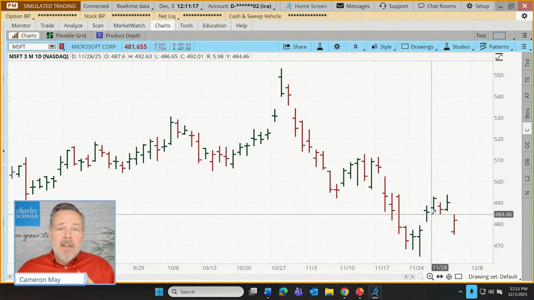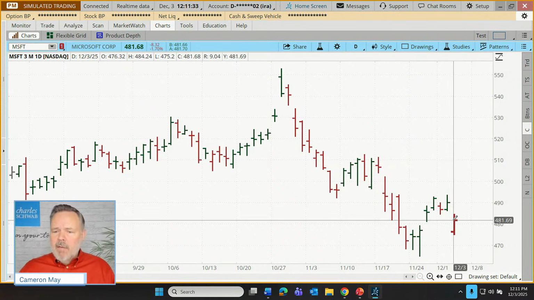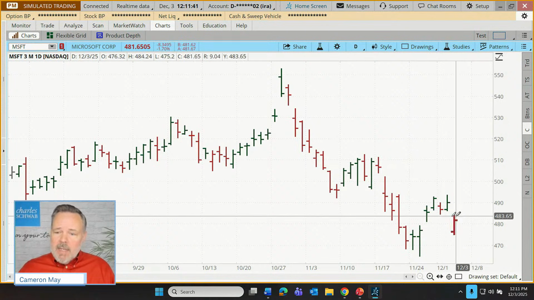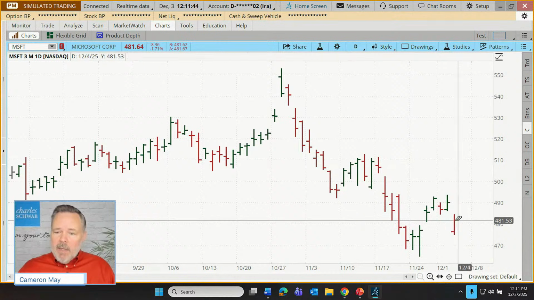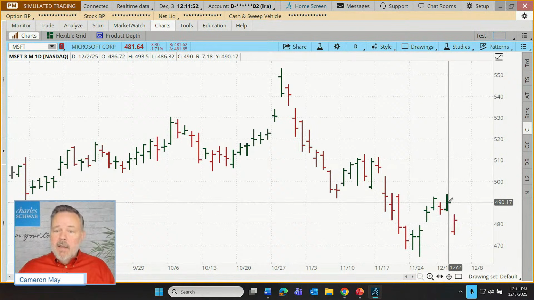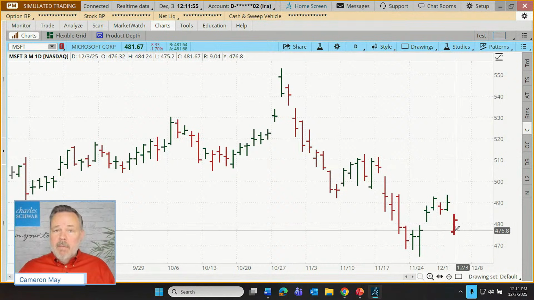But there's also a color scheme here that's vital. For each of our chart types, you're going to see this color scheme, red and green. However, the meaning of red and green is going to change from one chart type to the next. So we have to be aware of that. So what does the red and green mean here? Well, in the case of a bar chart, it's telling us the closing price compared to the previous day's closing price. If we look at today, and we look at where current price is right now, if this were today's close, we're at 481.65, that is below where we closed yesterday. So that colors the whole bar red.